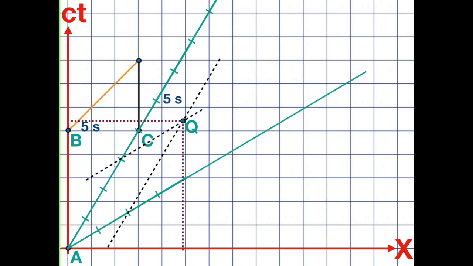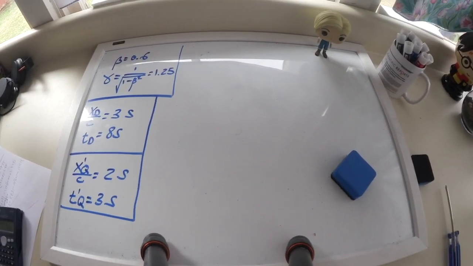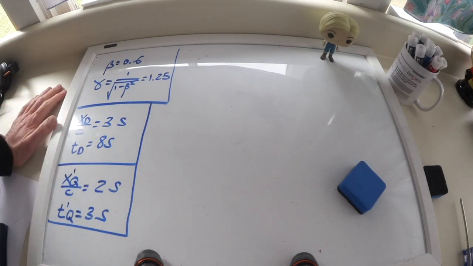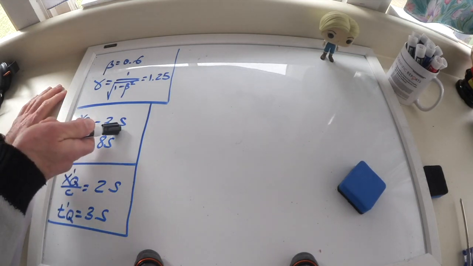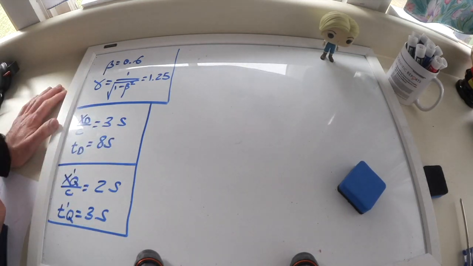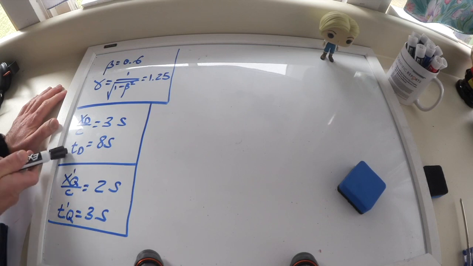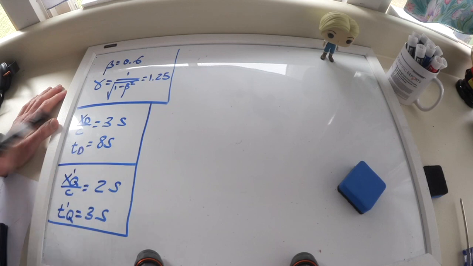But after doing this with the spacetime diagrams, let's do the calculation with Lorentz equations, just to see if what we find with the Lorentz equations is the same as what we found with these Minkowski spacetime diagrams. So first I want to calculate the coordinates of that explosion D as seen from the Millennium Falcon. As seen from Kessel, using units where distance is measured in light seconds, the distance that light travels in that amount of time, it takes place at 3 light seconds and at a time of 8 seconds.